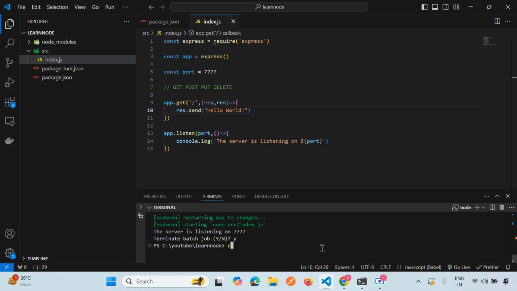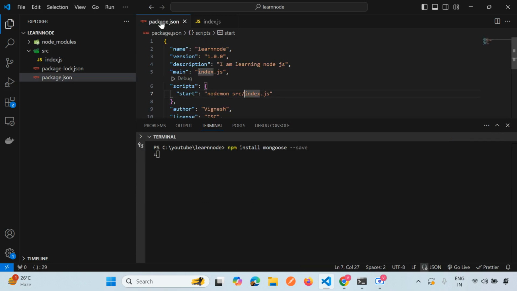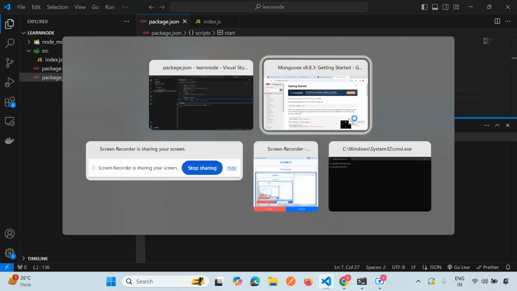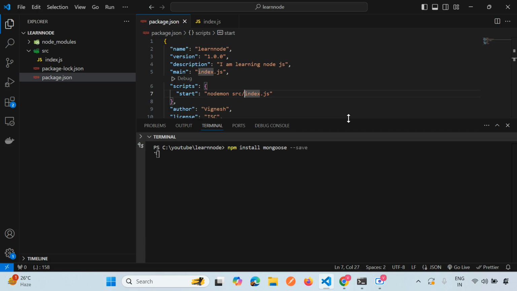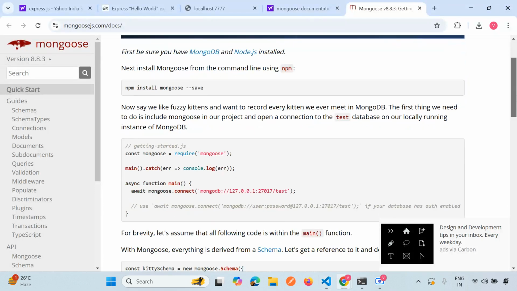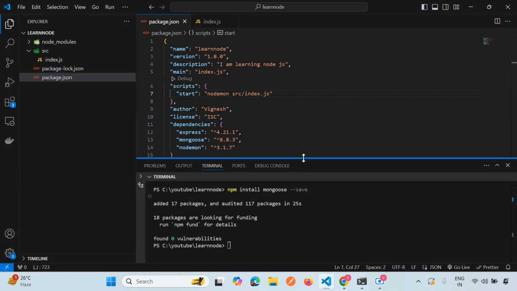Let's kill the terminal and then I'm pasting the command that I copied from the documentation. Let it get installed. It will take a couple of minutes. All you need to do is execute this command to connect to a database. Now it's installed. Okay, now Mongoose is installed, but we don't have a MongoDB